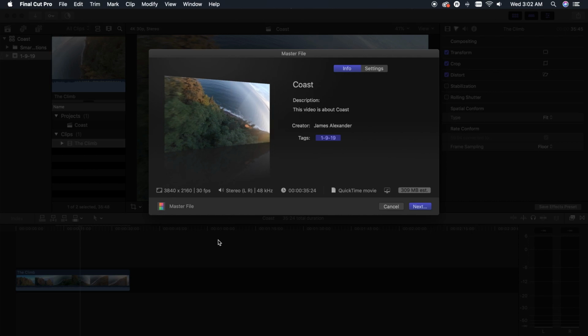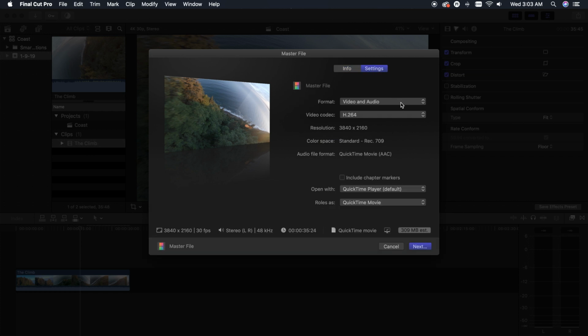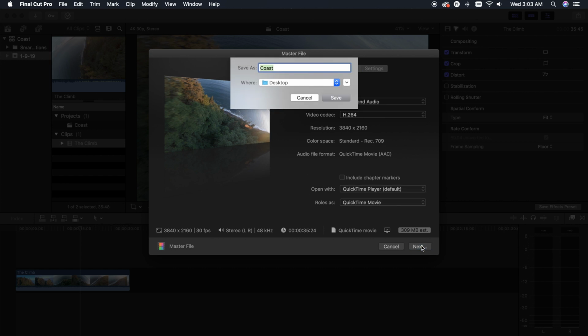This pops up. It tells you what resolution it's in, what frame rate, and these are the settings. I'm pretty sure these are just default. Cool. So then I'll hit next, choose where to save,